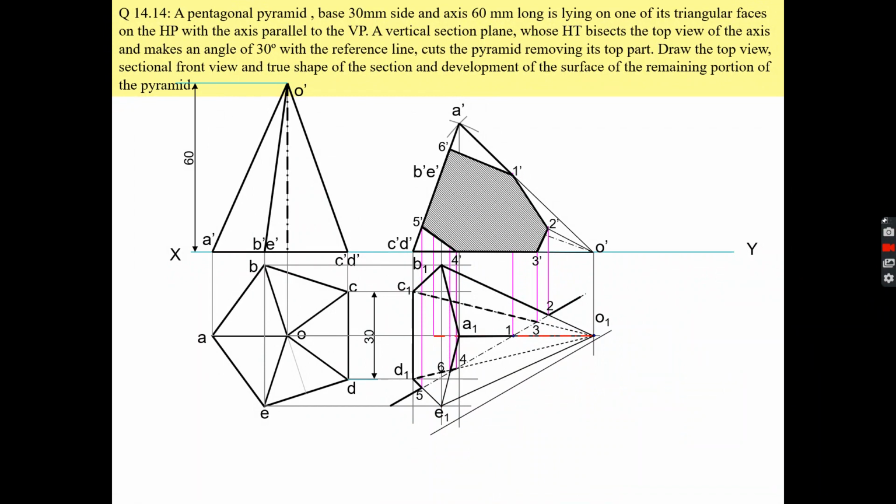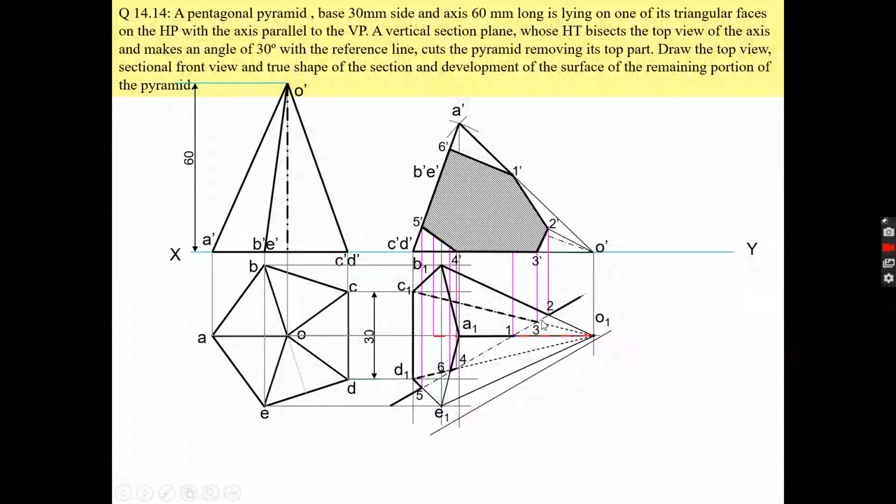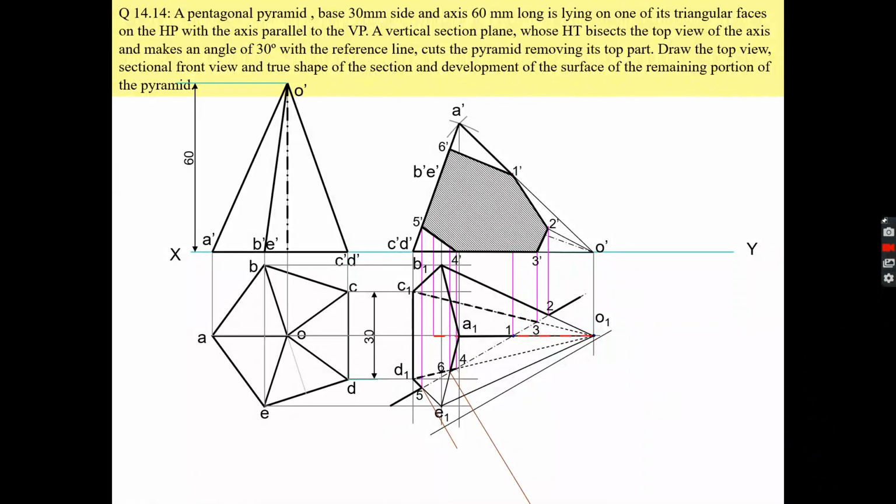Now you have to make the true shape of the solid. So this is same. You have to mark a new reference line. Either you can take the section plane as a reference line, or you can draw a parallel line. It is drawn here. You can draw the parallel line to that line. Okay, and this is your now new reference line. Okay, and you have to draw the projectors from each and every point